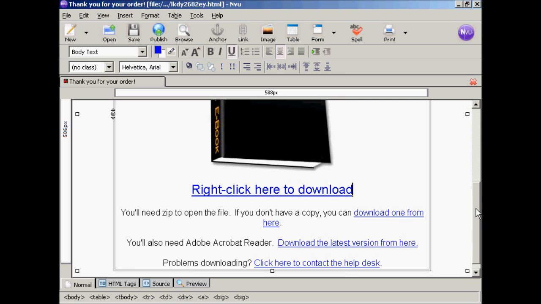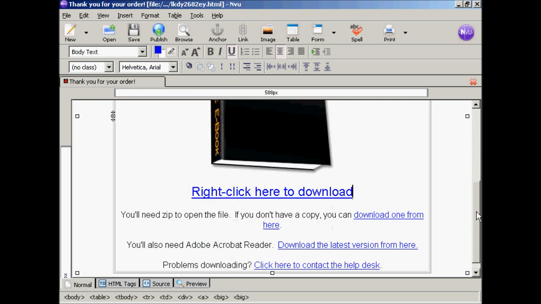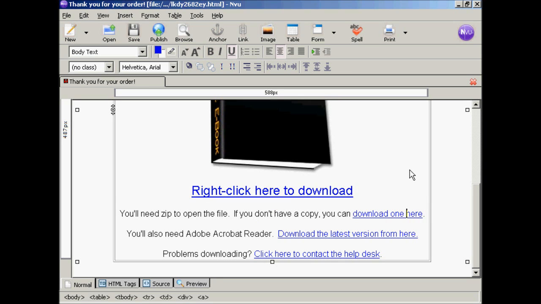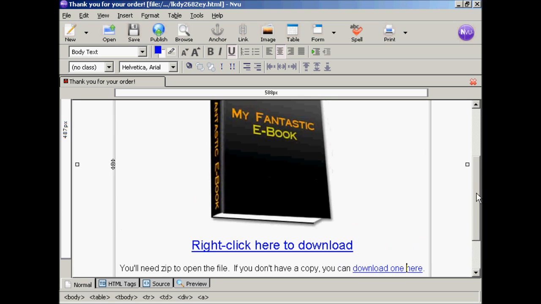You can see it's changed the spacing a little bit, so I don't want an orphan on there, so I'm just going to delete where it says from. The link will still work, as you can see, and then I'm going to put a